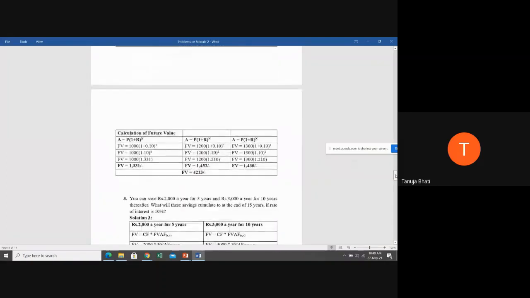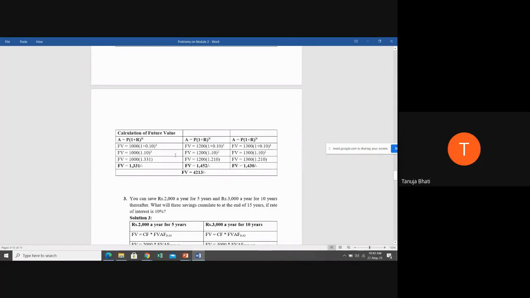Now, suppose only 3 figures were given. So it was easy for you to solve this and get this particular answer. But suppose they had given figures for 10 years, students. So would you solve this individually for 10 different amounts and then add up? It would be okay, but it would be very tedious work.